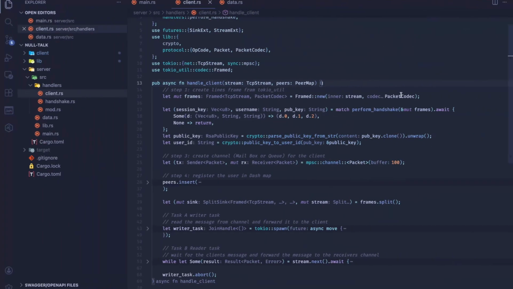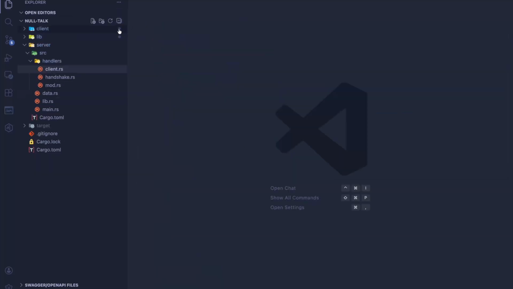But we will use our custom codec here, which is PacketCodec, coming from the library protocol and the packet. By using this PacketCodec, it will return packets, our own custom packets. So let's see how to structure a protocol. I will create one module in the library crate with the name protocol. In the codec.rs file,